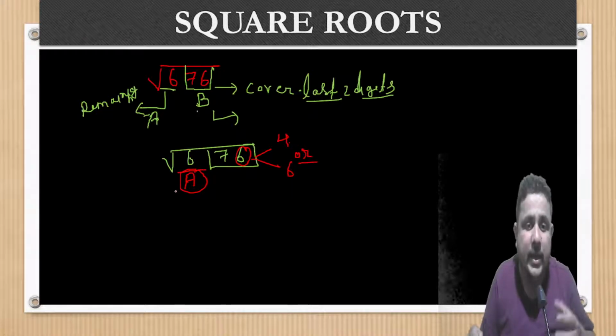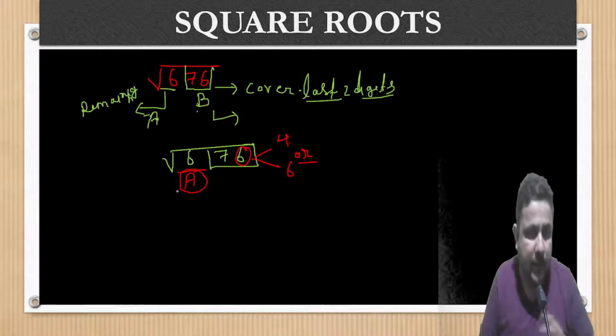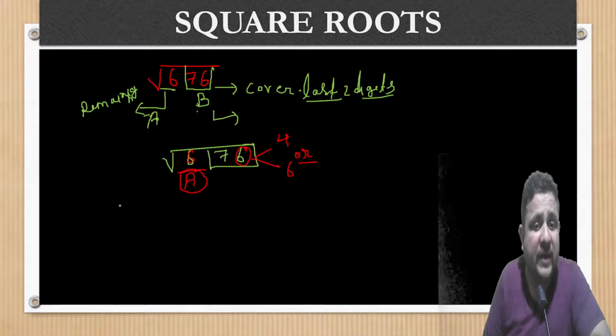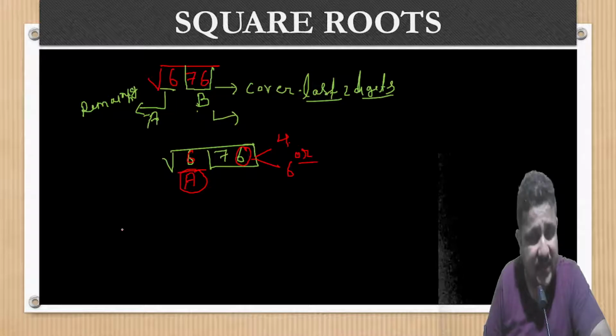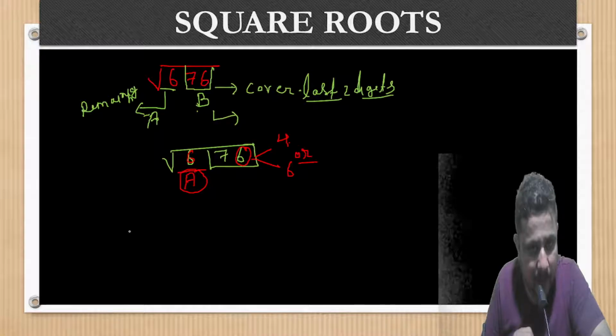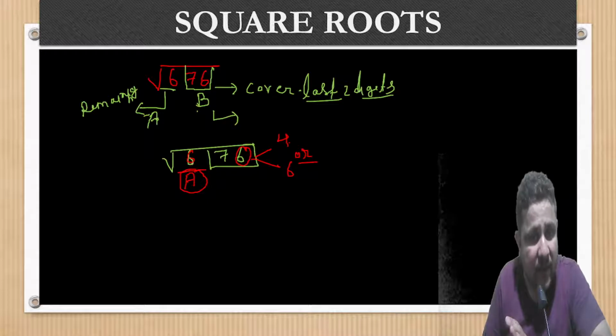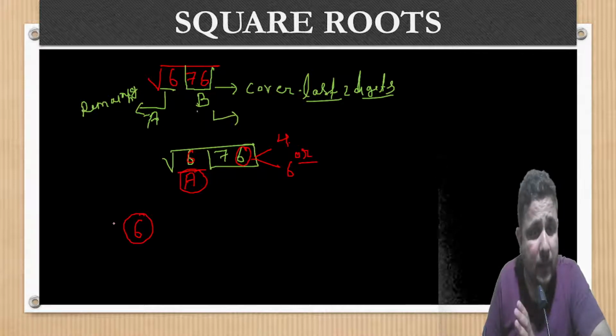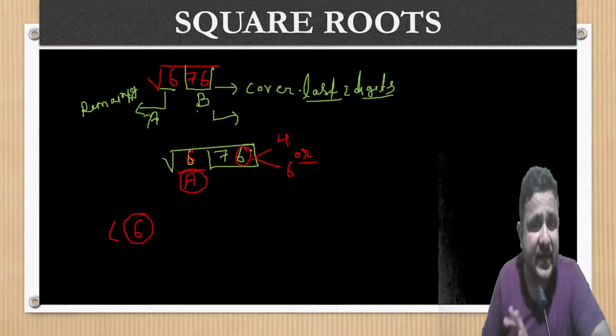Now let's talk about part A. Part A will tell you the rest of your answer. See here, 6. For part A, you just need to find the perfect square root. Part A needs to be a perfect square of a number, or if it is not a perfect square, then take the perfect square number which is below 6, less than 6. If you go downside, which number is less than 6 and a perfect square also? 4,